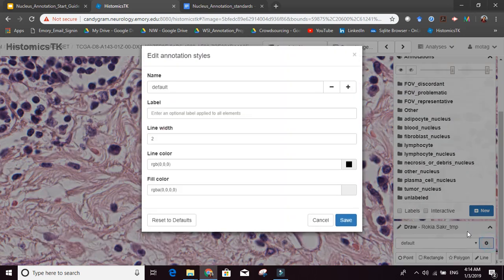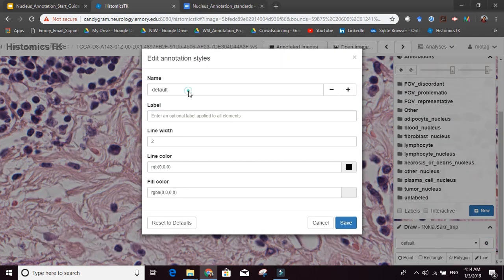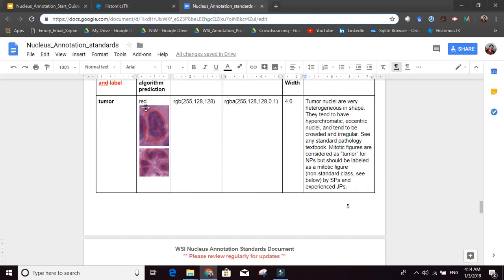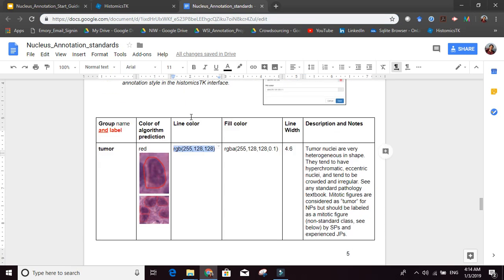So I'm going to create an annotation style, and I'm going to say this is tumor. Then I look at this document and it says tumor has this RGB value for the line color.